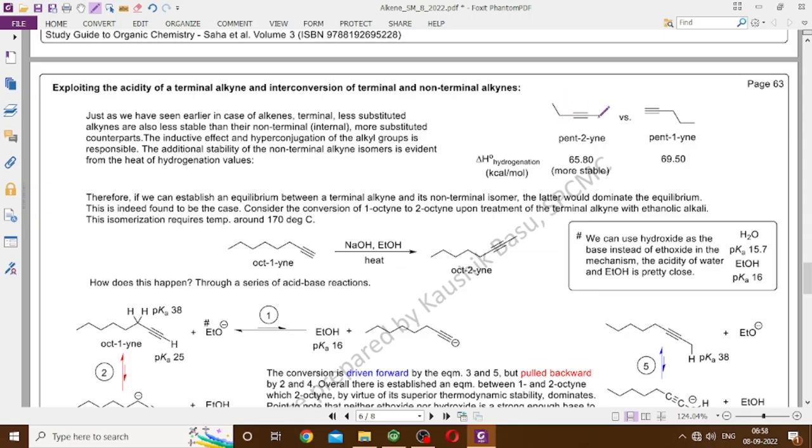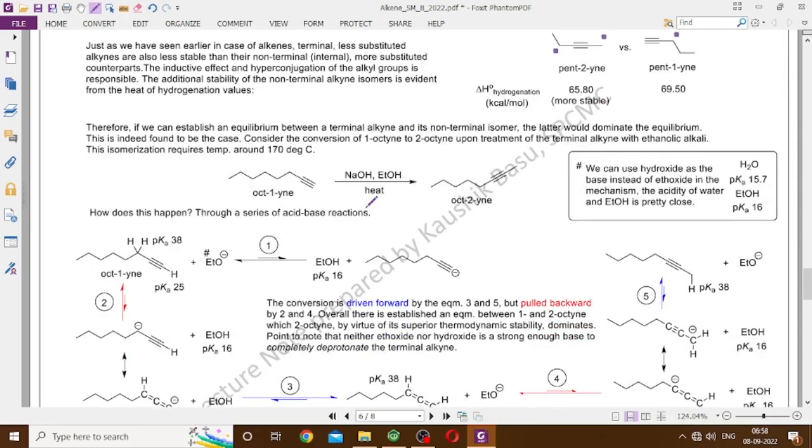Here you have ethyl and you have methyl. Here are 2 hydrogens, here are 3 hydrogens, so the number of hyperconjugative hydrogens is 5. Here you have only a propyl group with 2 hyperconjugative hydrogens, so this one is expected to be less stable. So if we can somehow subject this molecule to an equilibrium, where on one side we have a terminal alkyne and on the other side an internal alkyne, then this equilibrium is supposed to favor the internal alkyne, because the internal alkyne is thermodynamically more stable,